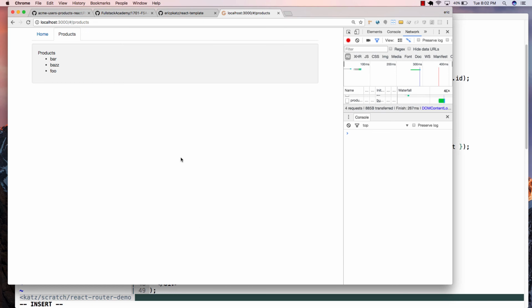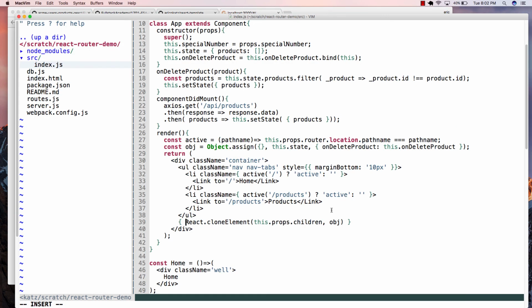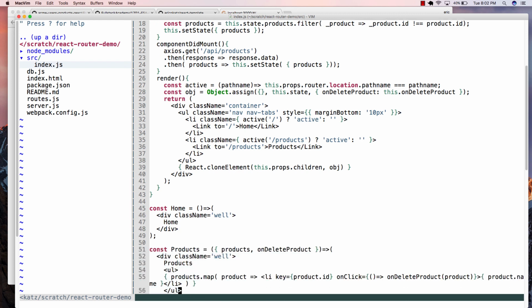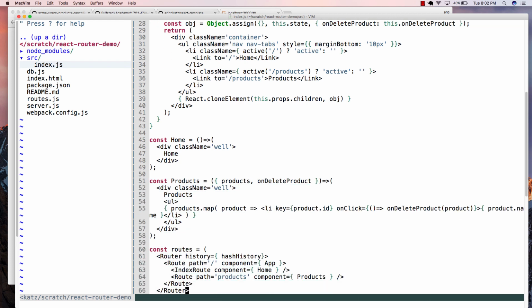We could test it. But I think the reason why it's working is that I always have children. And the reason I always have children is, in fact, because I have this index route. If I didn't, that would end up throwing an error. So I guess we could sort of leave that out. But if it was null and you say React.cloneElement and there's no children, you get a null value, and it ends up blowing up. So